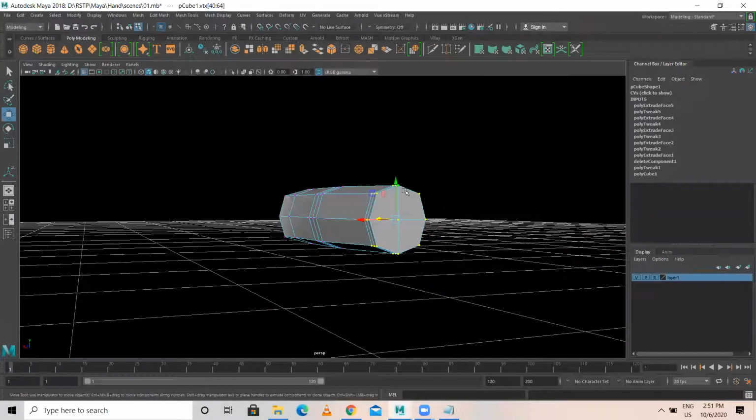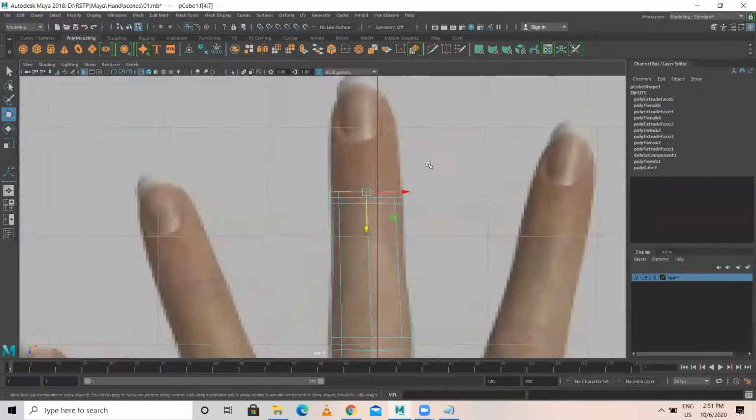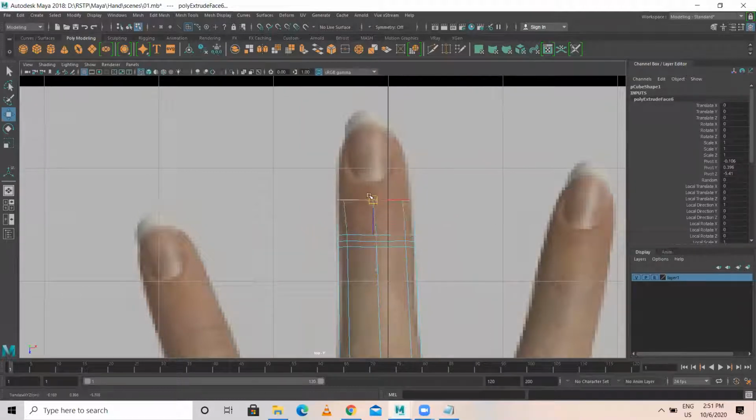Then after this, select the 4 face again, the front 4 face. Extrude this, place it over here, place it over here. At the start point of the nails, again extrude one more time at the end point of the finger, not the nail, finger.